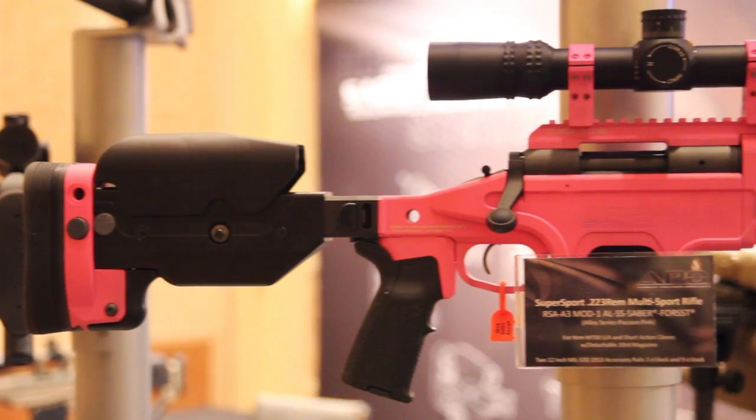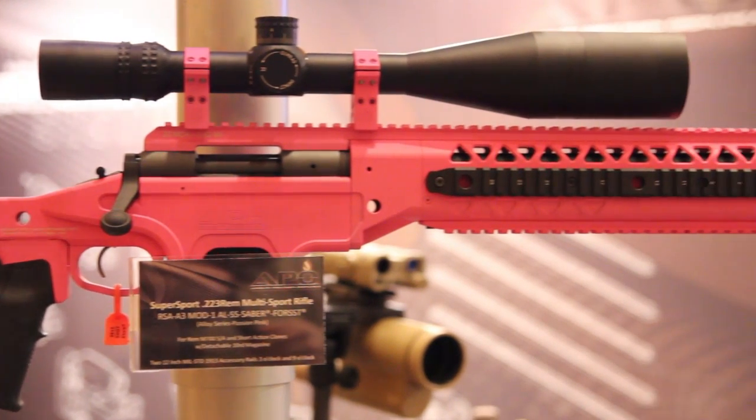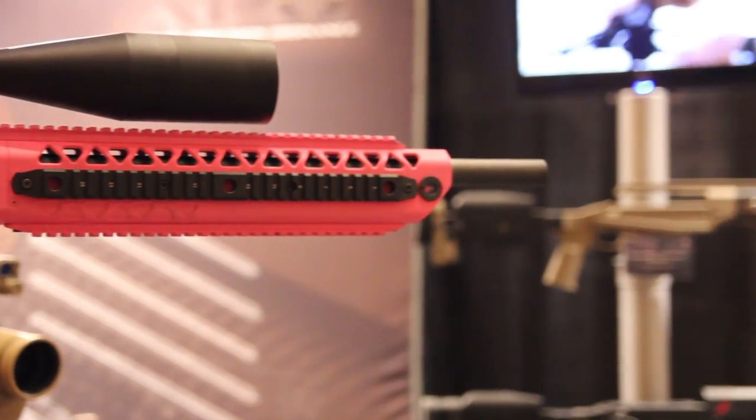They also had the beautiful pink chassis in their display that really drew your eye. They're really doing the best they can to try to get more people into the shooting sports. We very often see these black, menacing looking tactical rifles, which a lot of us like. I really tend to like a subdued look for a tactical rifle. But when we're shooting tactical competitions or extreme long range competitions, it's a competition, it's a game. We don't need to go super tactical, we don't need to go super stealth,